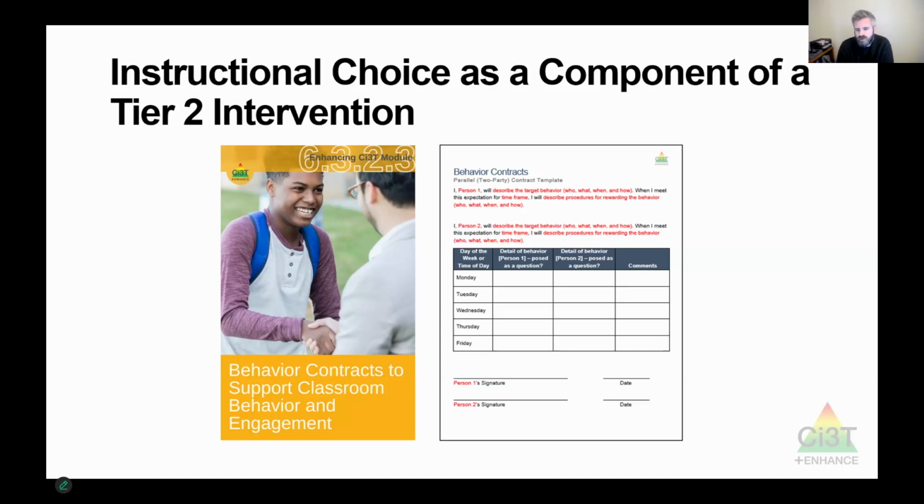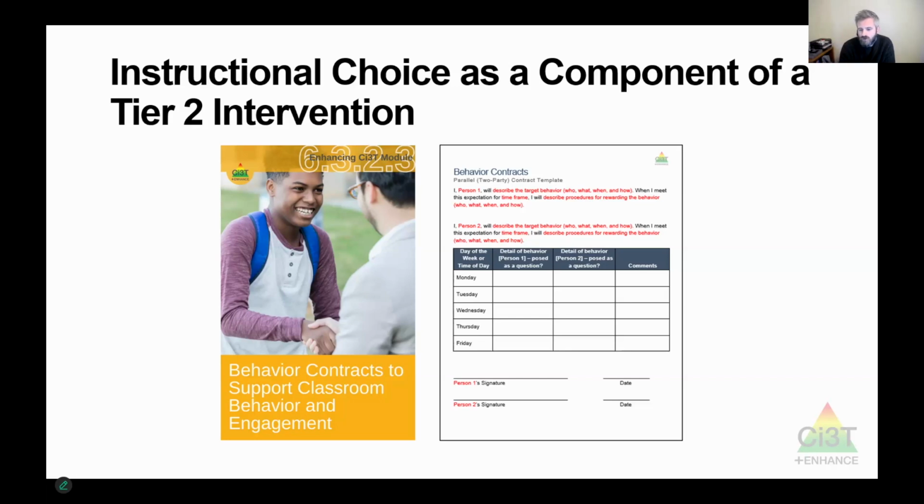So you might look and say, okay, what are my tier 2 options? One tier 2 option that's really great is behavior contracts. And I'm not going to get all the way into what behavior contracts are, but you might collaborate with someone at your school that's really good at doing behavior contracts. It's essentially you coming to an agreement with the student and maybe a parent to say, hey, if they can meet this goal, maybe they're going to finish their work with 90% accuracy for an entire week, then they're going to get some reward. Okay, that's great. And that behavior contract might be focused on math work.